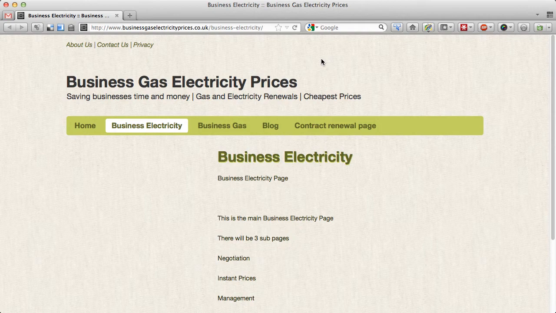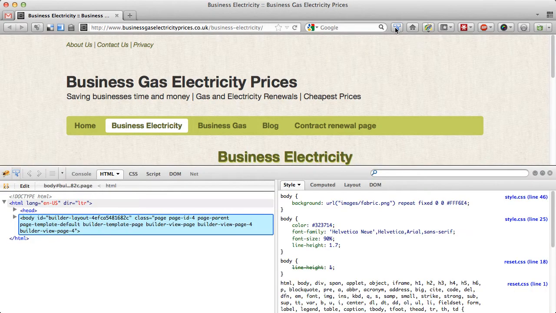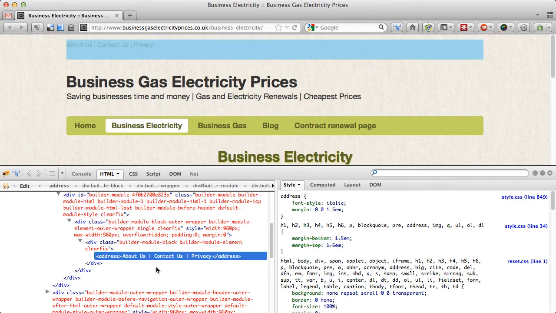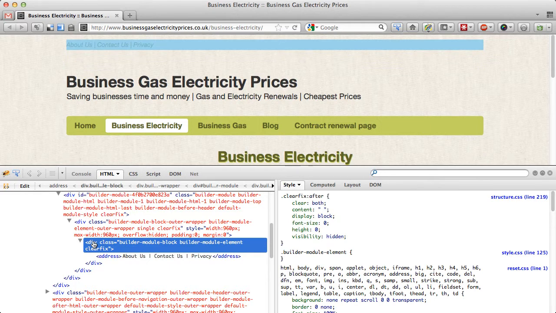So Firebug is a Firefox add-on which is free. Once I have it installed, I can click on the inspect element button and start inspecting this particular area, which is what I wanna shift to the right. And if you go here, as you can see,